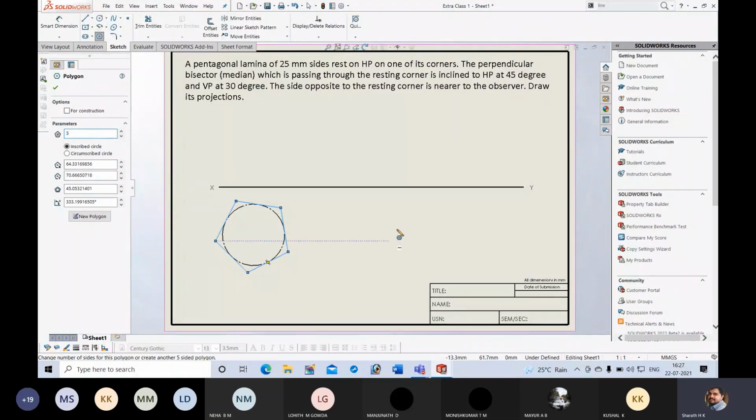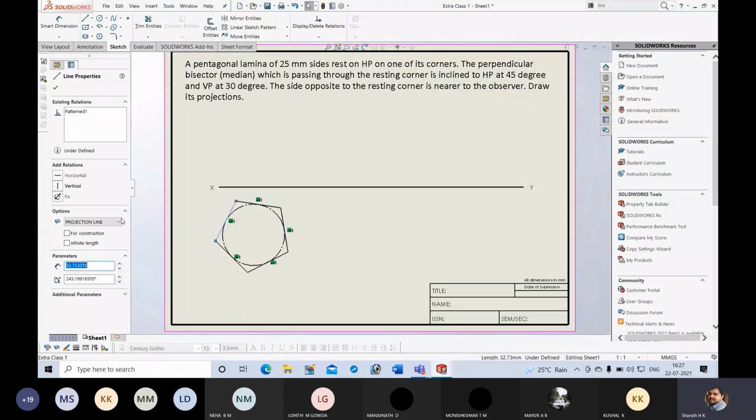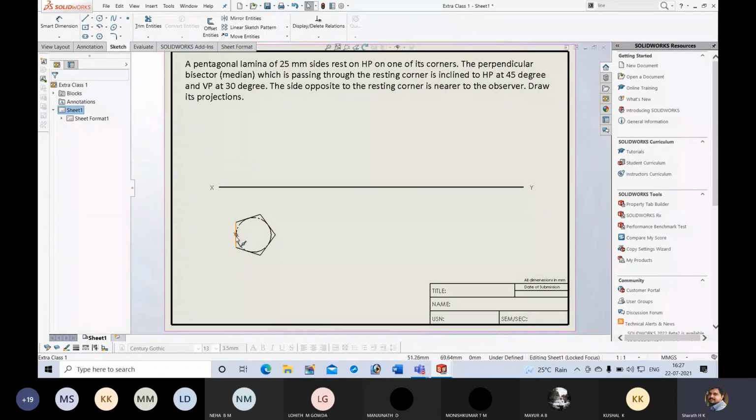I want the resting corner towards right, so the side on this side should become vertical. I will select this side and make it vertical. Now this side becomes vertical, so I have the corner towards right. Since it is a problem related to projection of planes, I need not get the center, so I will delete this circle.